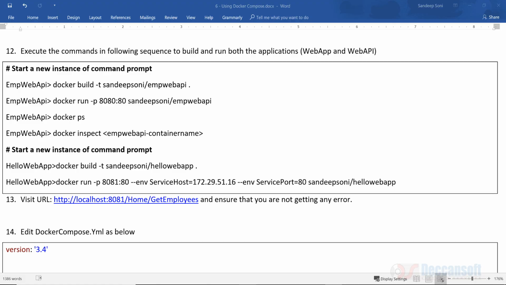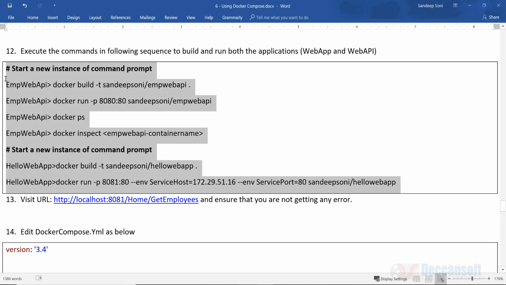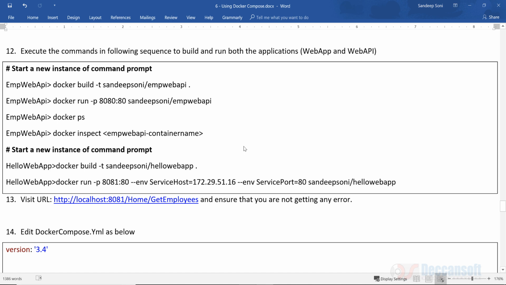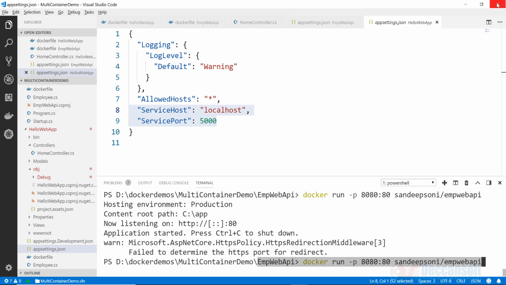So in part 2 of this particular example, I have shown you how we can have a sequence of operations performed to get two container instances running, and of course also build before running. Now, I said this whole thing can be systematized by using Docker Compose. First thing I would suggest is close Visual Studio